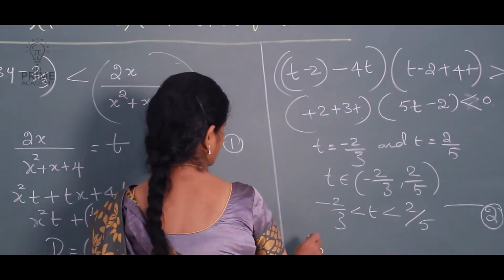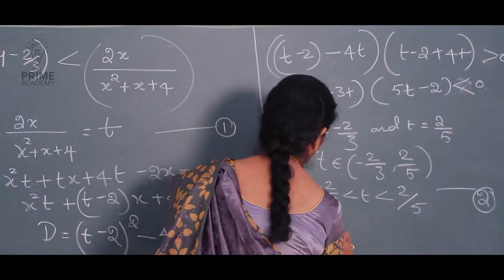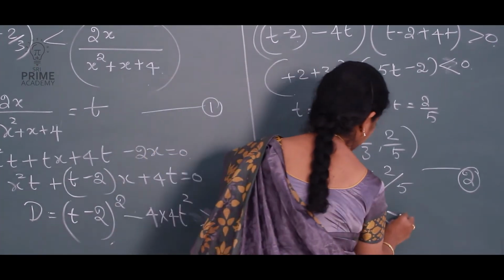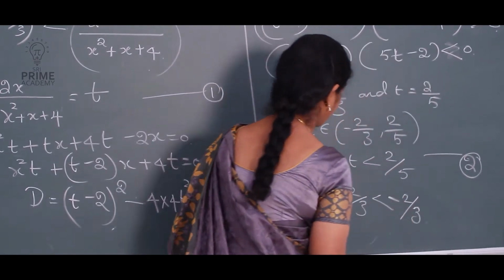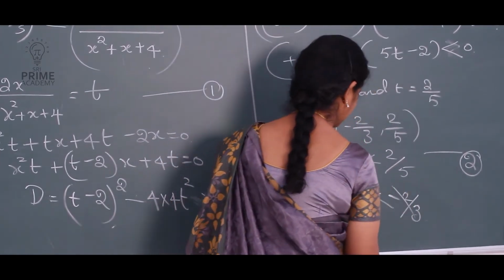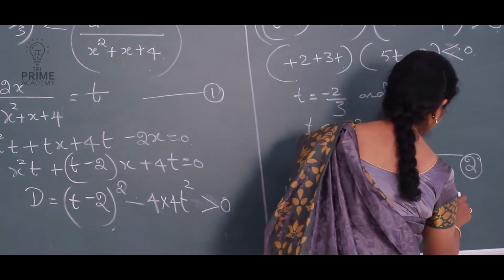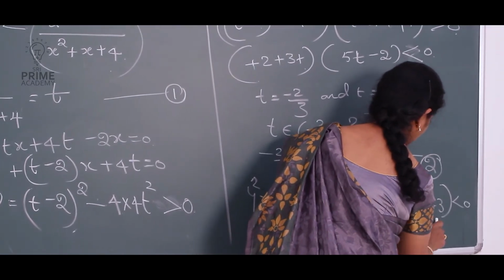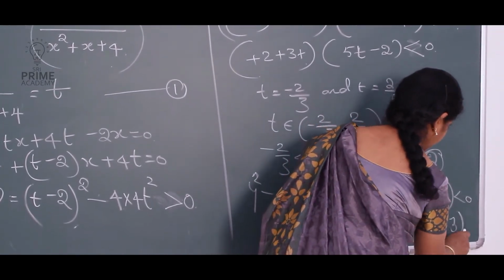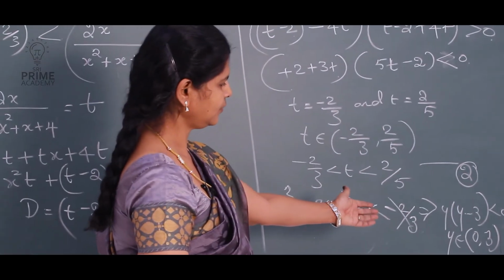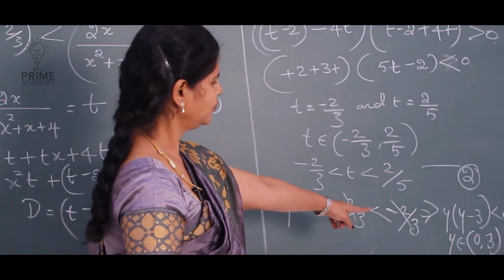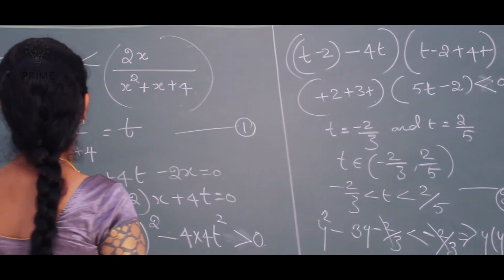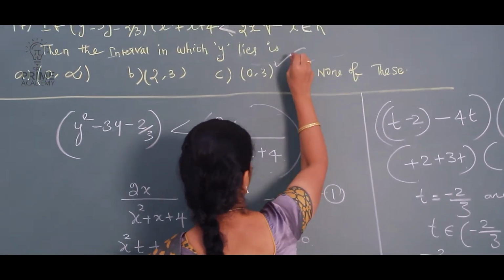What do you get? This y square minus 3y minus 2 by 3 is less than... Since t is greater than minus 2 by 3, it is automatically so, and the t term is cancelled. So you get y into (y minus 3) is less than 0. So y belongs to (0, 3), that is the wavy curve method. So using the wavy curve method or sign scheme method, you find y belongs to (0, 3) is your answer. So the option is C. C is the correct answer.